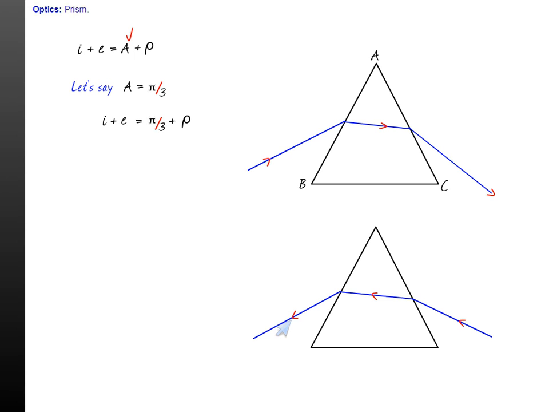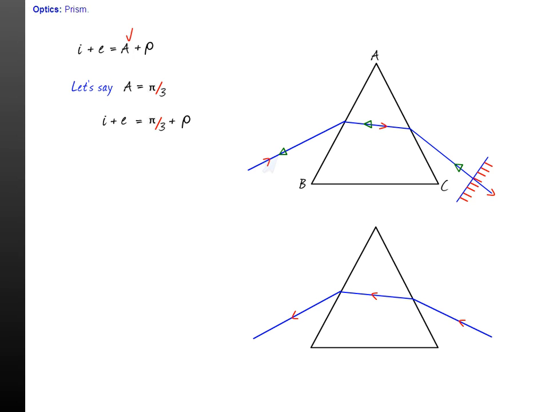You see, if you keep a mirror perpendicular here, then the light will be reflected back and it will retrace the same path due to the principle of reversibility of light. In that case, I becomes E and E becomes I. But the angle of deviation remains the same. When the ray was incident on the face AB,